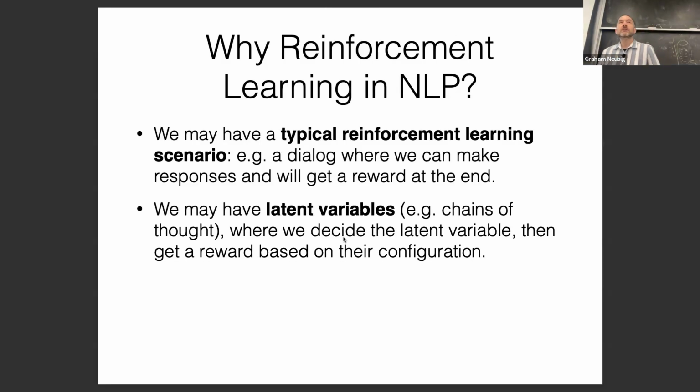Other times when you might want to do reinforcement learning are when you have latent variables. What do I mean by latent variables? Chains of thought could be an example of a latent variable. Last class, I talked about process reward, where we have a chain of thought and some choices of, you know, this part of the chain of thought was good, this part was bad. We had a green and red plot.